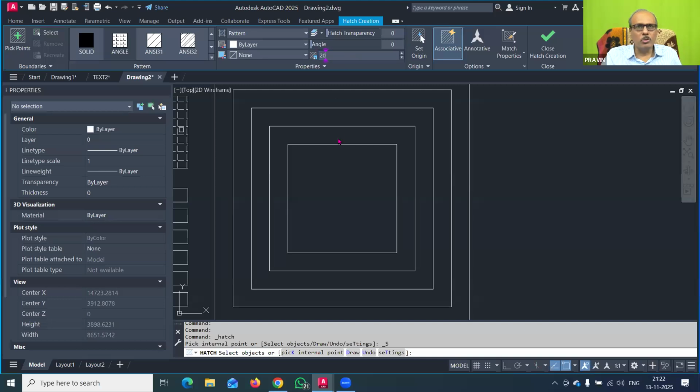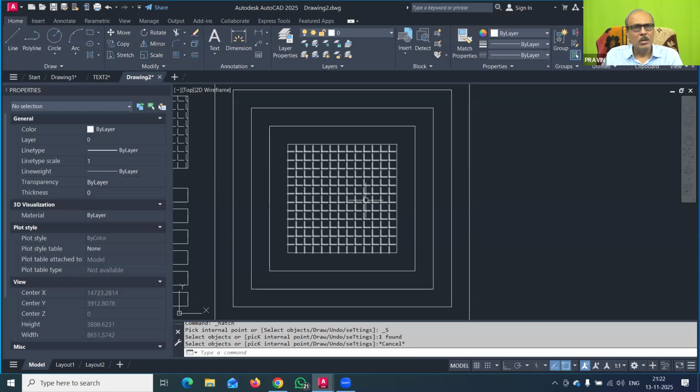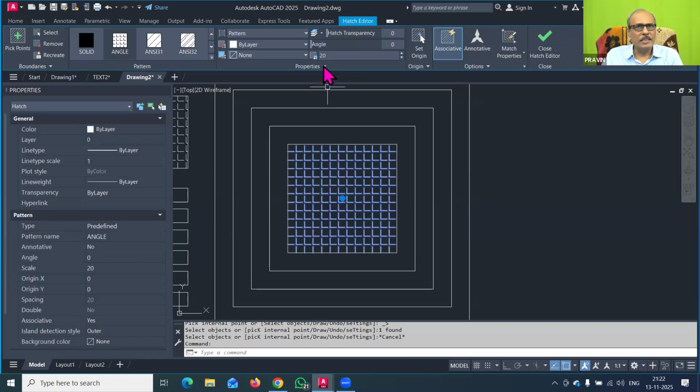And then you can proceed for selecting the object. That is the important thing you can do here. Now 20 was the value set, and I will select this. You can see that automatically, without using the property dialog box, the scale was adjusted.